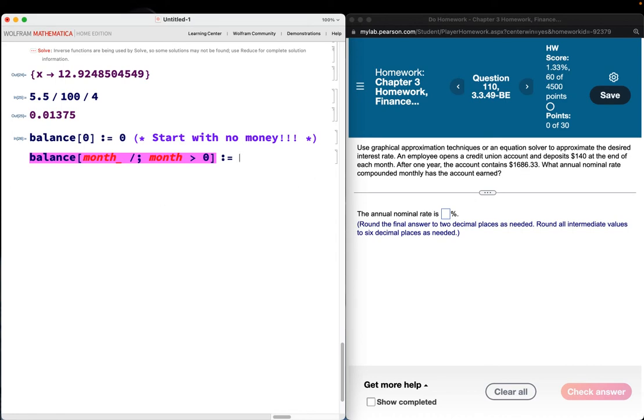So what is the interest rate? We don't know the interest rate, right? So interest rate I, divided by, the interest rate's a percentage, and we're going to divide by 400.